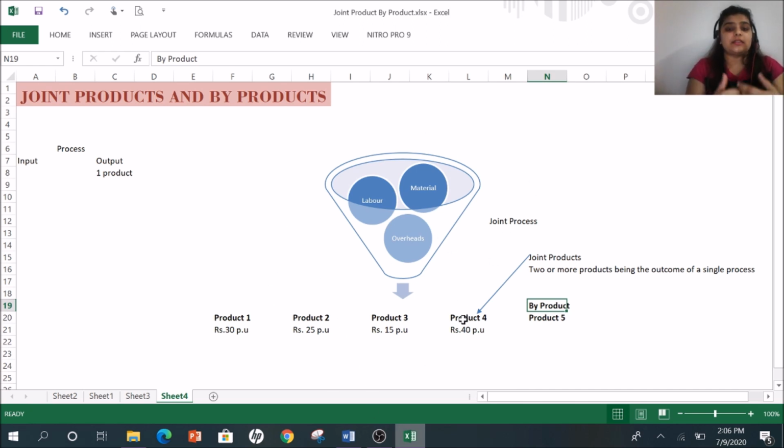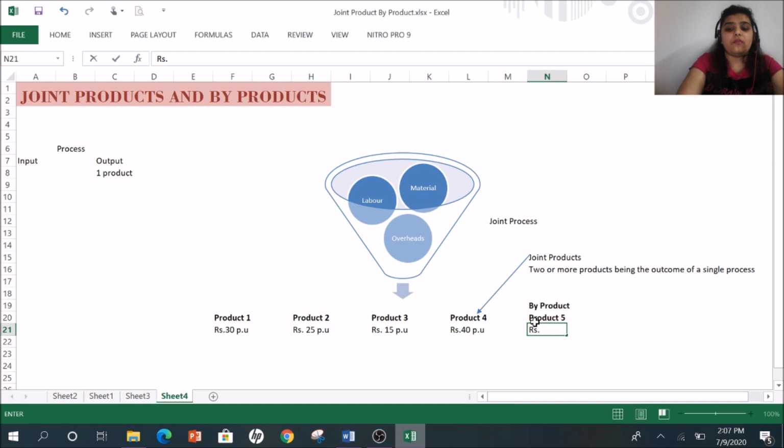That means when I started the production, when I started the process, it was not there in my mind that I am going to make product 5. I wanted to do this process to get product 1, 2, 3, 4. This product 5 is incidental. I did not wish to get product 5, but product 5 will come out as an outcome of the same process. That means हम जो ये जो मेहनत करते हैं इतनी, वो हम प्रोडक्ट 5 लेने के लिए, मेरे मन में नहीं है कि मुझे प्रोडक्ट 5 भी प्रोड्यूस करना है, वो अपने आप हो जाता है. That is why it is a byproduct.